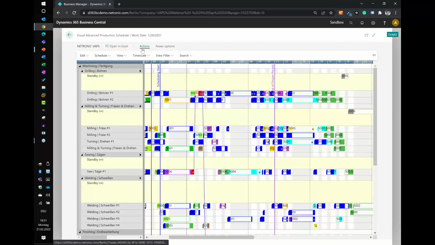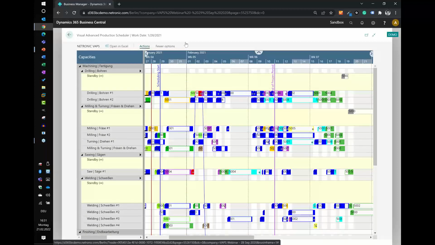I now could check again, for example, with the production order view, I don't do it now, if this had an impact on the due date of some of the other production orders. However, other than